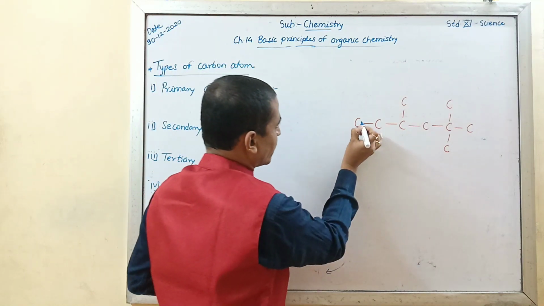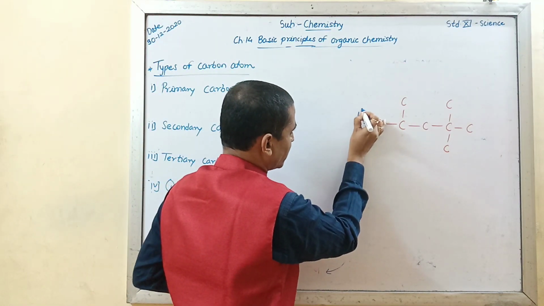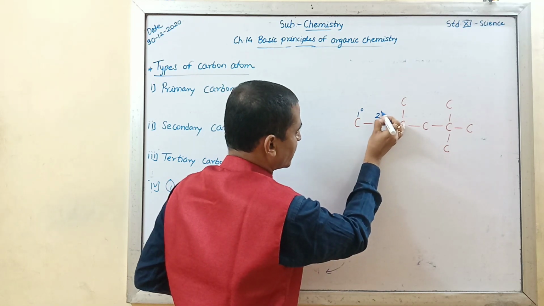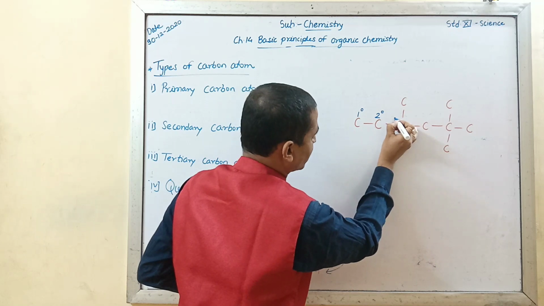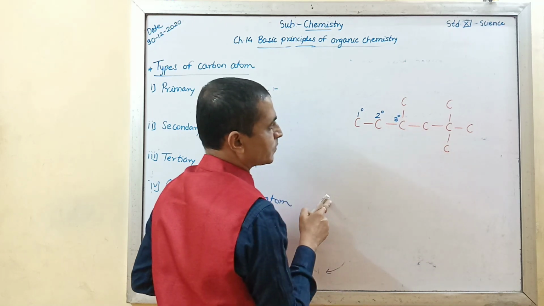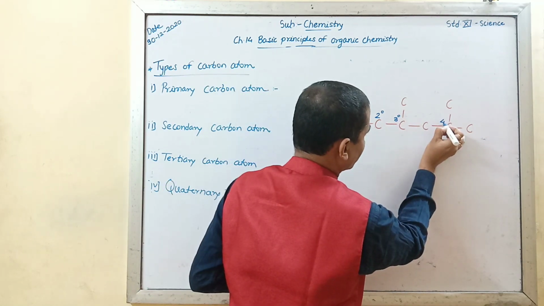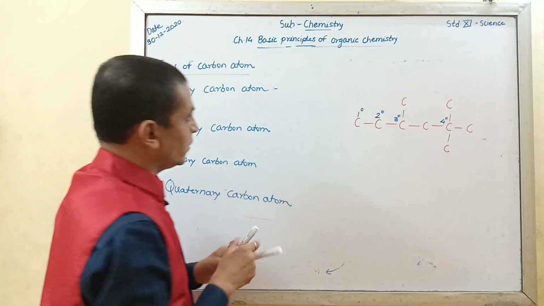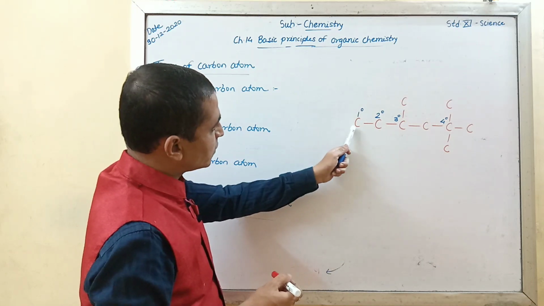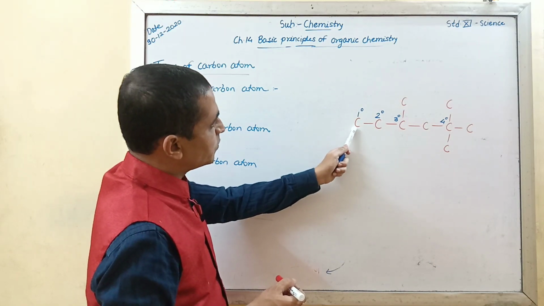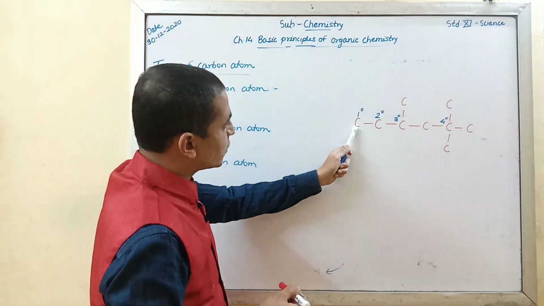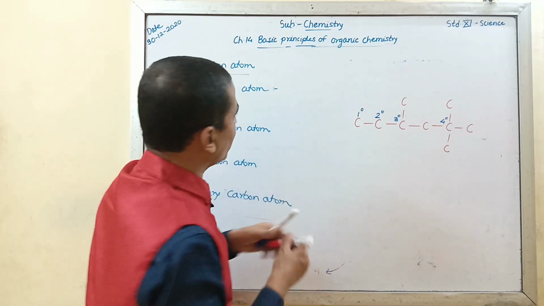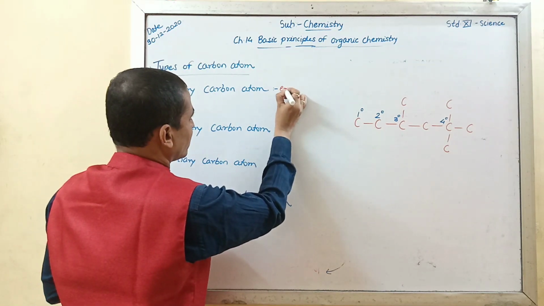Now, this carbon atom is primary, this carbon atom is secondary, this carbon atom is tertiary, and this carbon atom is quaternary. So we will study in detail. Now see, a carbon atom which is the first carbon atom, or which is attached to only one carbon atom, is called a primary carbon atom. See the example: